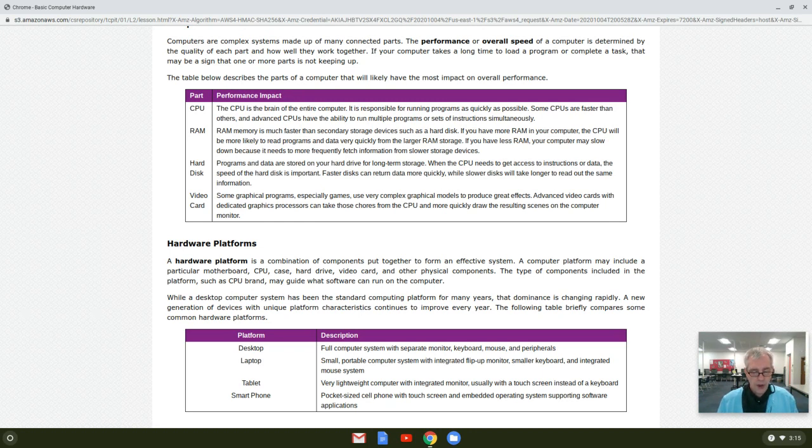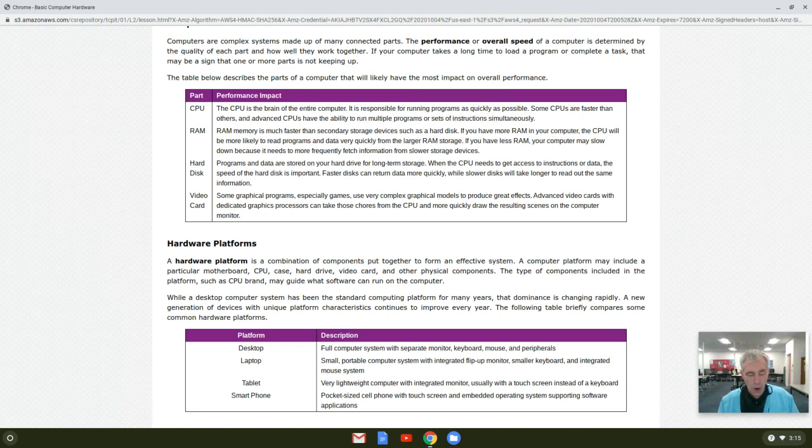So even though the train may be designed to go 200 miles an hour, if there's a car back there that's attached to that train that cannot go more than 50 miles an hour, that train is not going to go more than 50 miles an hour. That car back there is holding it back. Well, the same with your computer. It's only going to go as fast as its slowest part.